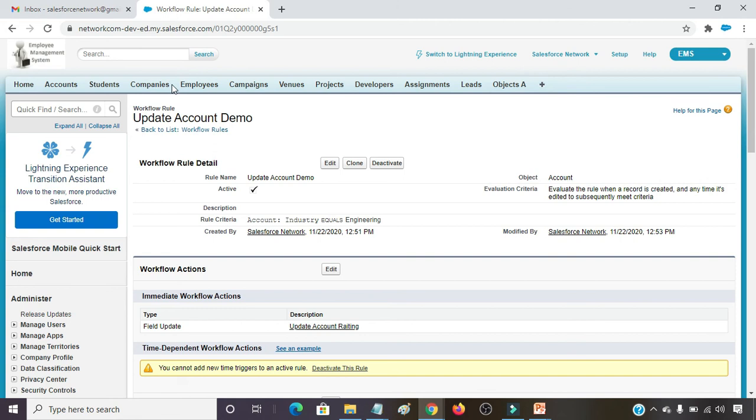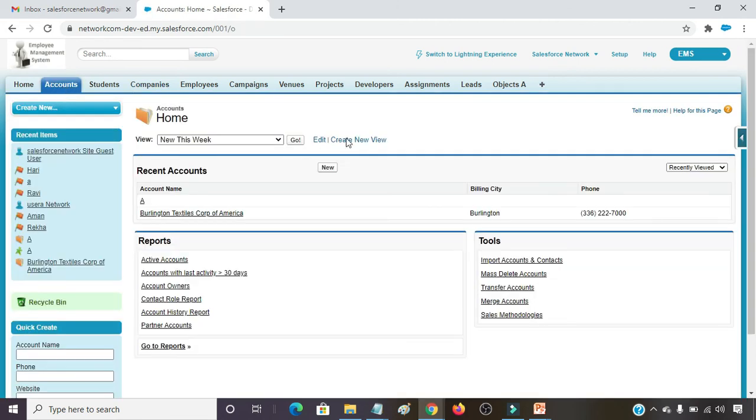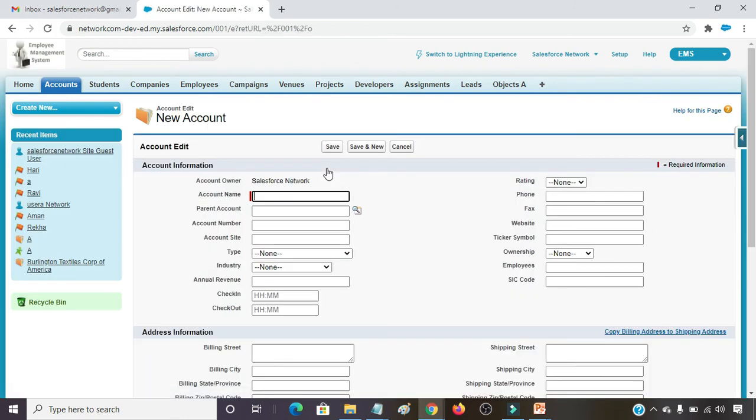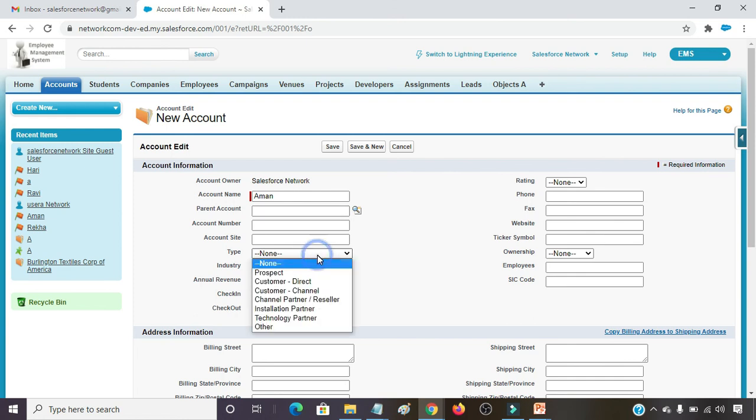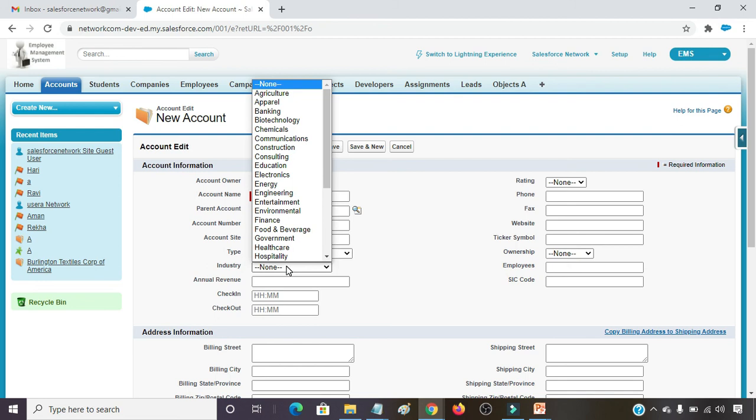For testing, I am going to the Account object and clicking on the New button, creating a new record. Here I am going to provide the name Aman, and his type is prospect, and I am taking industry equals to Engineering.